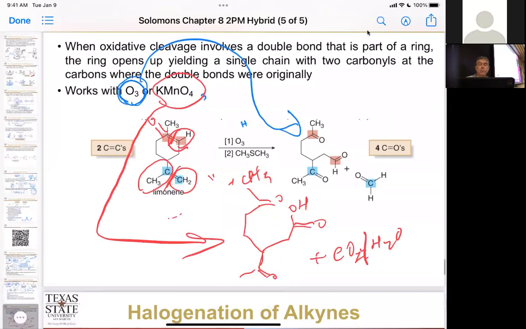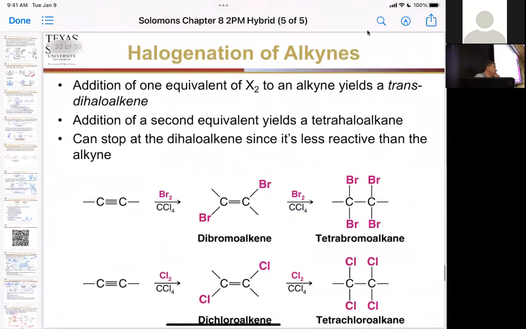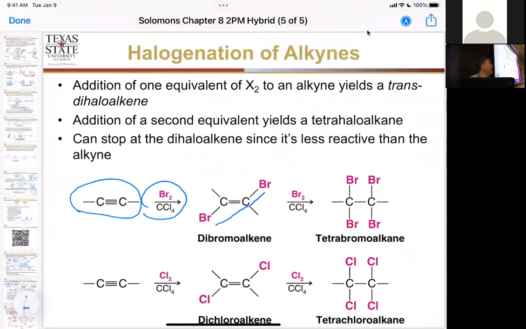Okay, so that was alkenes. Well, what about alkynes? Well, that's just 2 pi bonds, right? It turns out you can do this stepwise. You can take our alkyne and add 1 equivalent of bromine to it to give us our trans dibromoalkene. Why is it trans? Because remember, it's going to form that same intermediate. It's going to block the top so that the other bromine has to come in from the bottom. So it's an anti-addition reaction, which gives us the trans